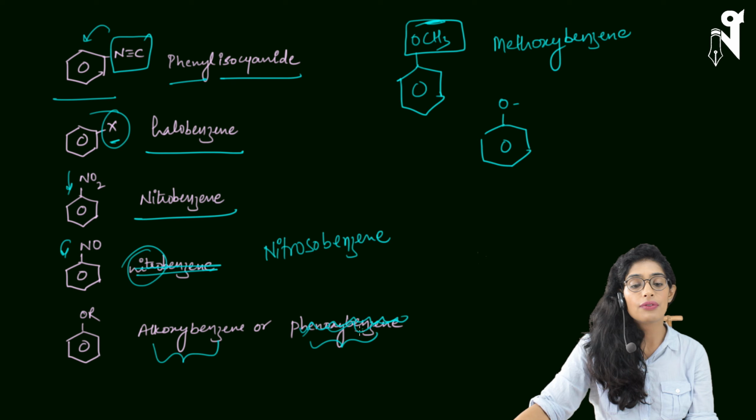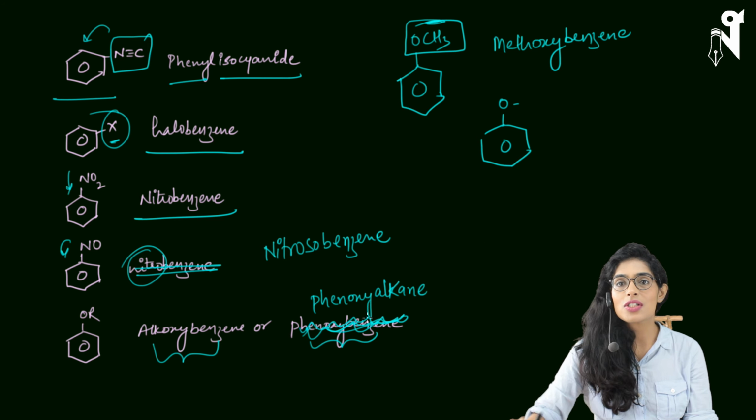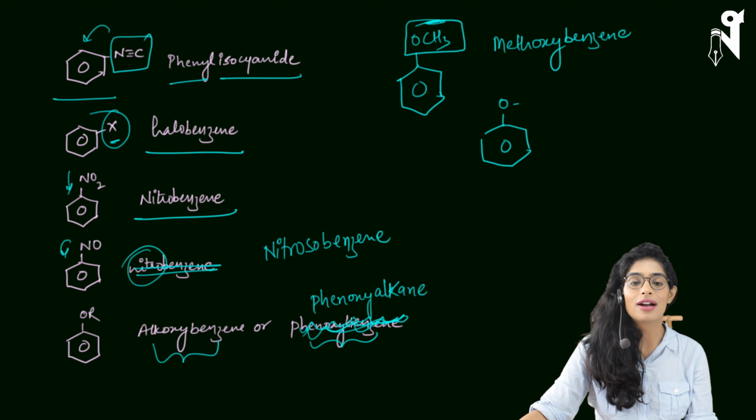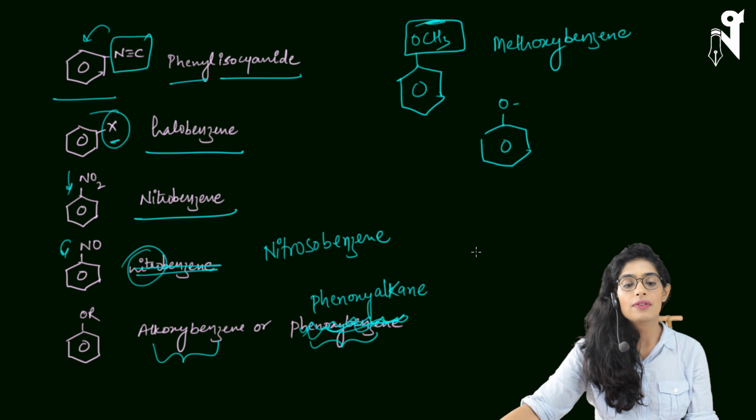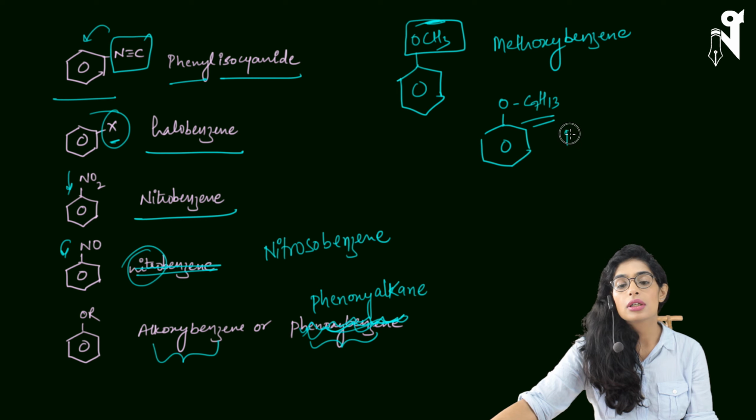But if my compound is this way, my bad, I have written here phenoxybenzene. Let me just correct this first. This is phenoxyalkane. I think I've made these mistakes because I was in a little hurry to write it so that I can start the recording. So if let's say your alkane is bigger, let's say C7H13 or something like that, then it will be phenoxyheptane.